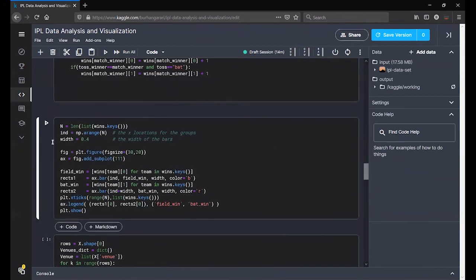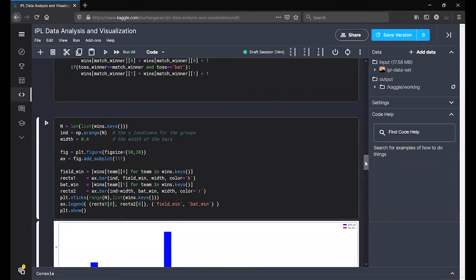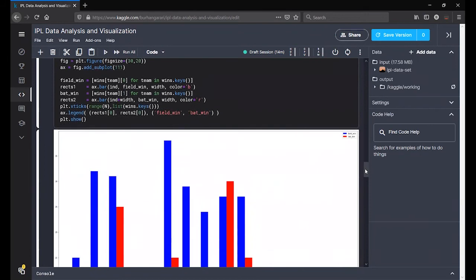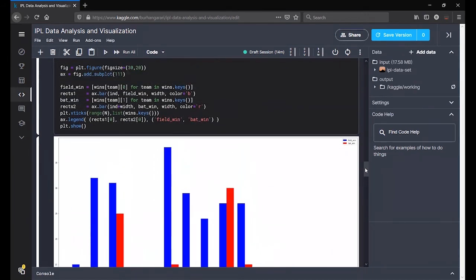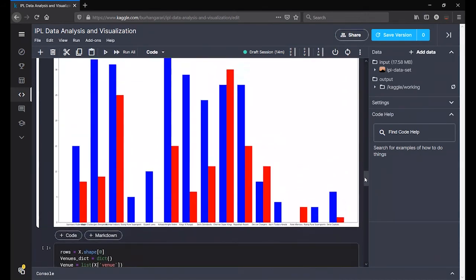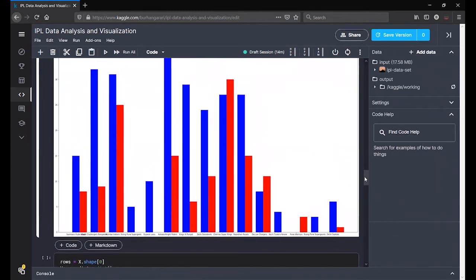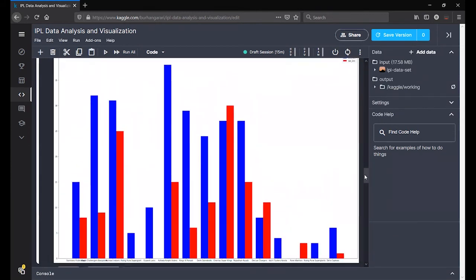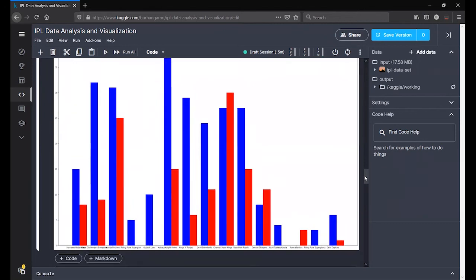And here I'm trying to plot a multivariable graph. Here the blue represents how many times the team has chosen to field, and the R represents how many times the team has chosen to bat. So from this we can see that Kolkata Knight Riders has most times chosen to field, and they have also won the match. Similarly, Sunrisers Hyderabad, whenever they have chosen to field and won the toss, they have won.